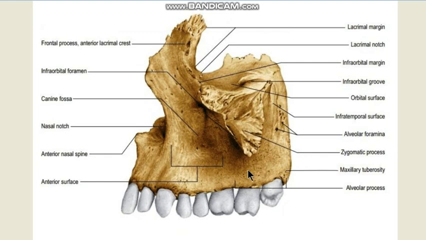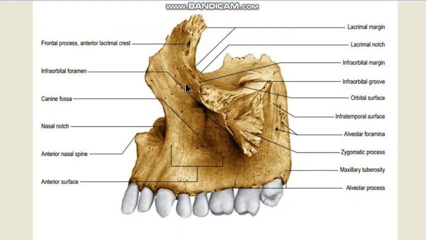Now this view is actually an anterolateral view of the maxilla. So you can see the anterior surface of the body, this one, it is the facial surface. You can also see the posterior surface of the body. This is the infratemporal and pterygopalatine surface. You can see the superior surface of the body over here, which is the orbital surface. The only surface that you cannot see is the medial or the nasal surface.